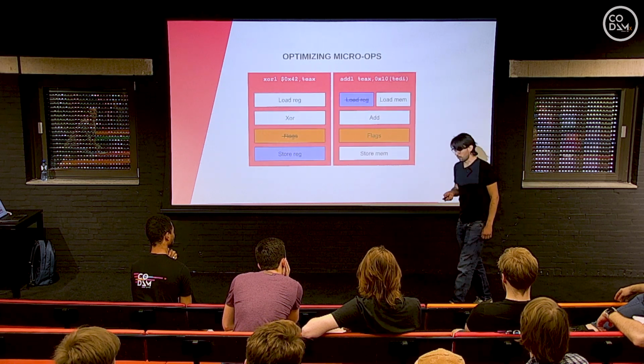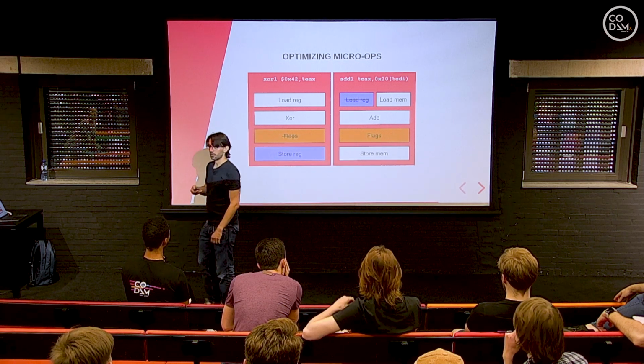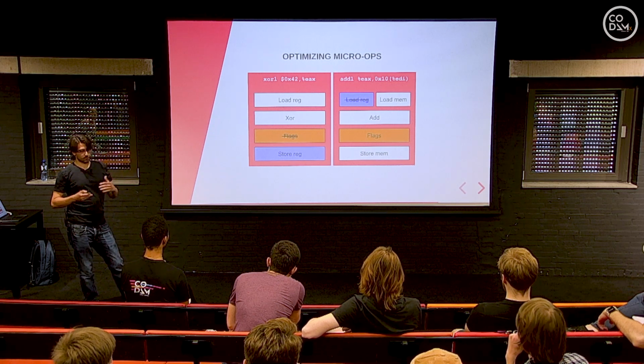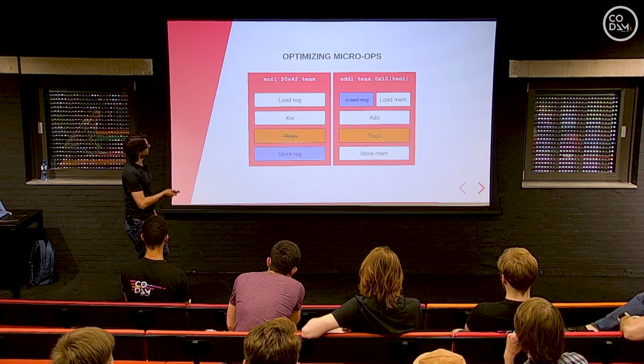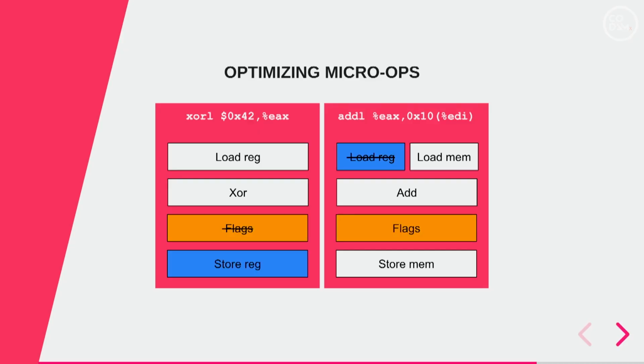Well, for example, we can go back to the previous example, and remember that we are never dealing with an isolated instruction. We are always dealing with many of them, and they come in blocks one after the other. So we can use this structure to try and optimize things away. In this case, we have XOR that changes the value of the register X, and then this register is used one more time for the same operation as before. We can notice that the flags are computed by the first instruction and then immediately overwritten by the second one. This means that we can completely drop the first computation. It's going to be overwritten. Nobody's reading them in the meantime.